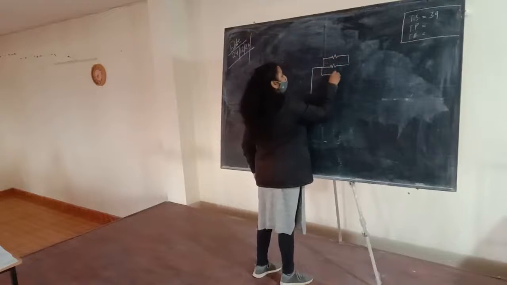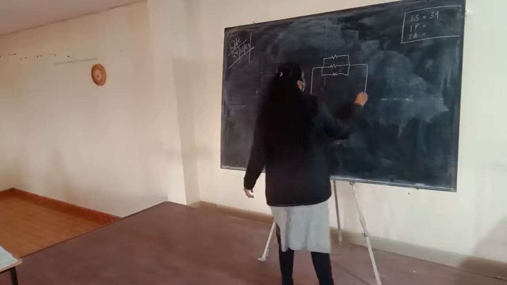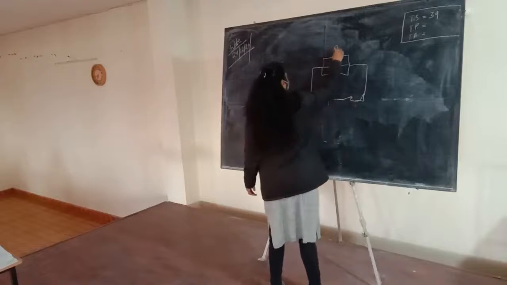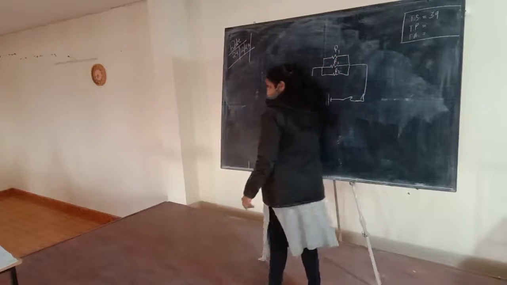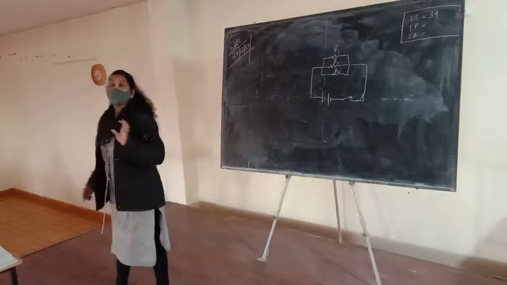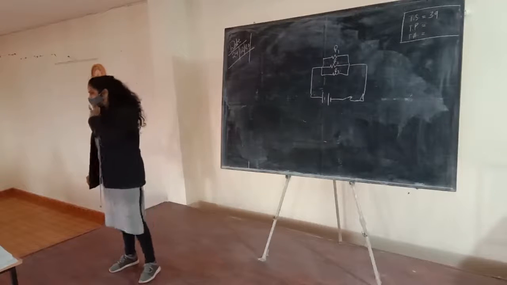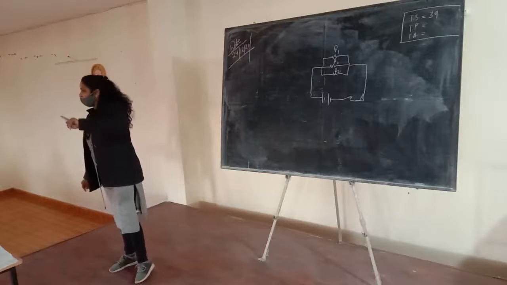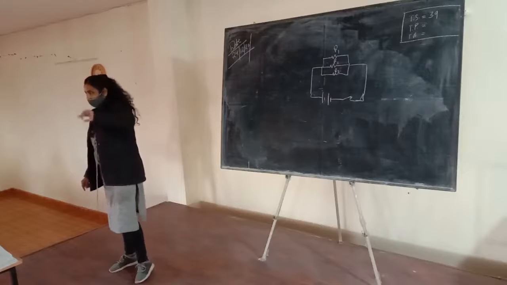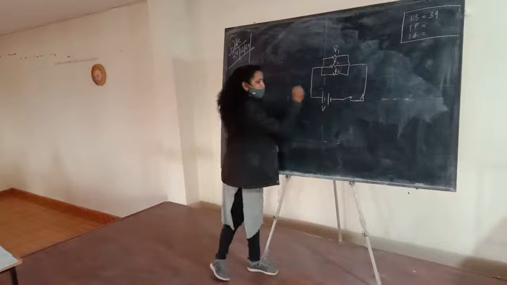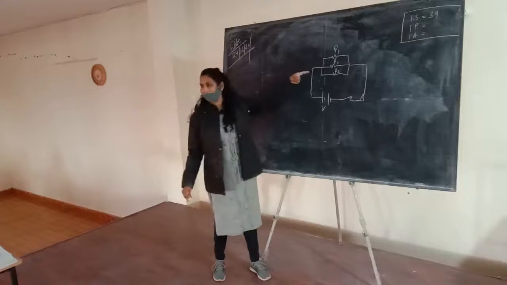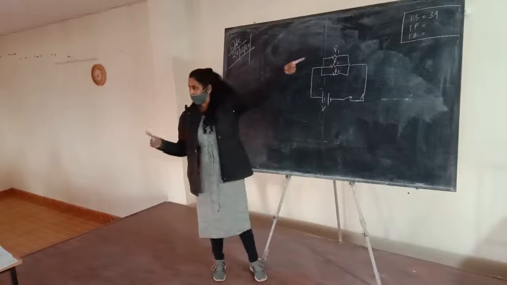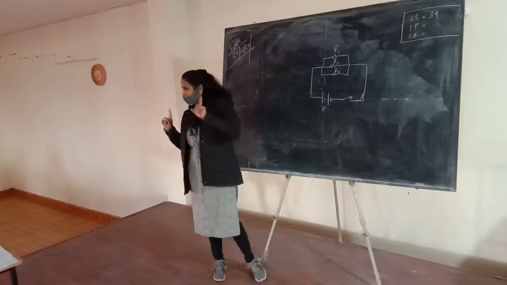resistance है, ठीक है? Are you able to see? हाँ? R1, R2 and R3, and we have to find the equivalent resistance of the circuit. For parallel combination, first of all, we should always remember one important thing: for the parallel circuit, the potential difference for all the resistors will be the same. If we are using V as the potential difference, it means for all these three resistors, the potential difference is the same, that is V. Okay? So the potential difference for R1 is V, R2 is V, and R3 is V. This is a very important thing which we should always remember.